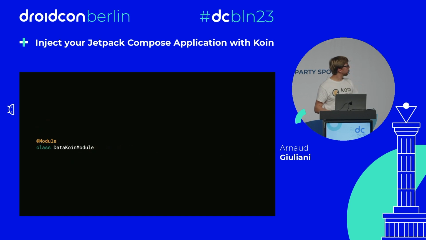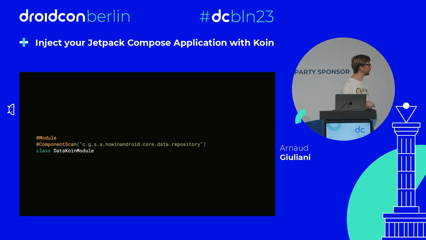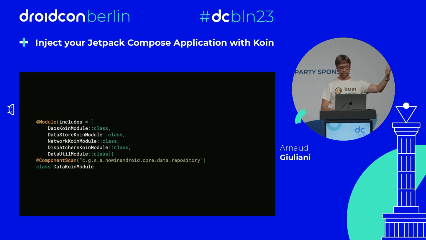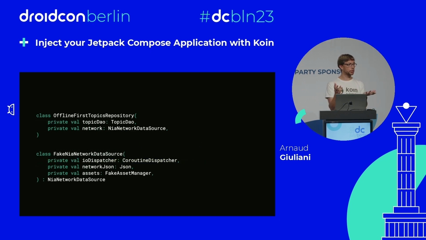And finally, for all the data module that we have, all the repository, what you can do directly with the annotation is tag it with an at module, and then we have an annotation that says component scan, and you scan for a given repository. Of course, you can include things, but then in this package, the classes that you would like to declare inside the module, we have a component scan. We just say add single, and that's it. We can detect all your parameters in constructor. We can detect all the bound interfaces and types, and we can do everything automatically for you.